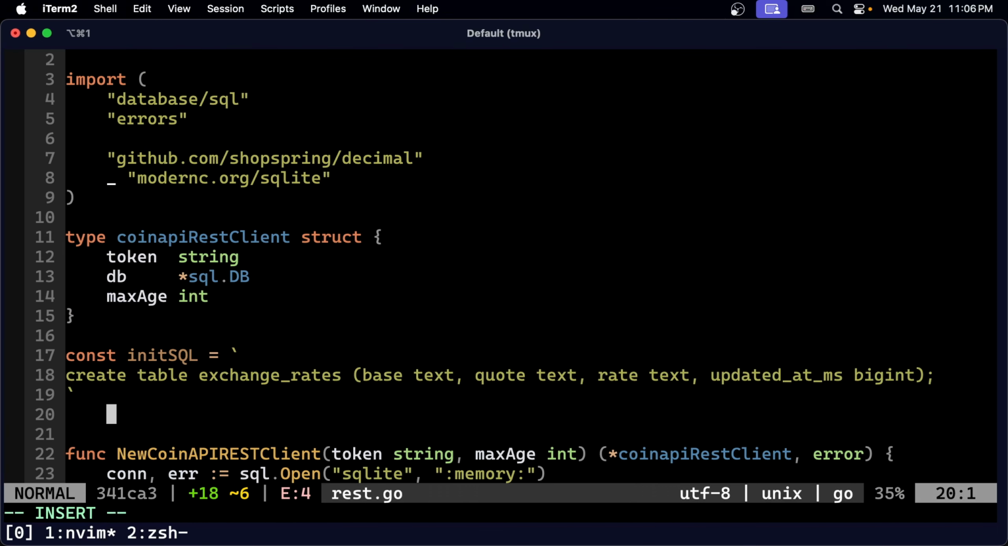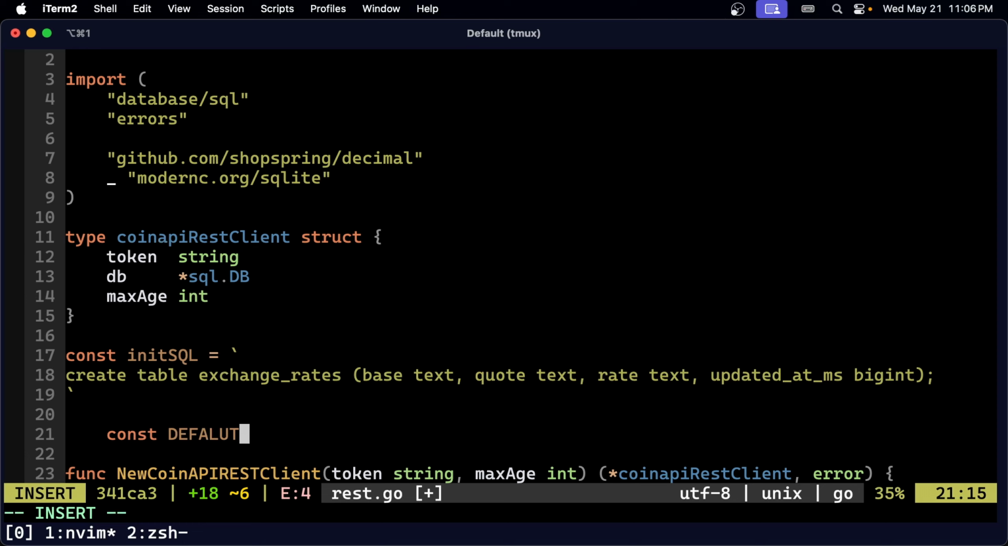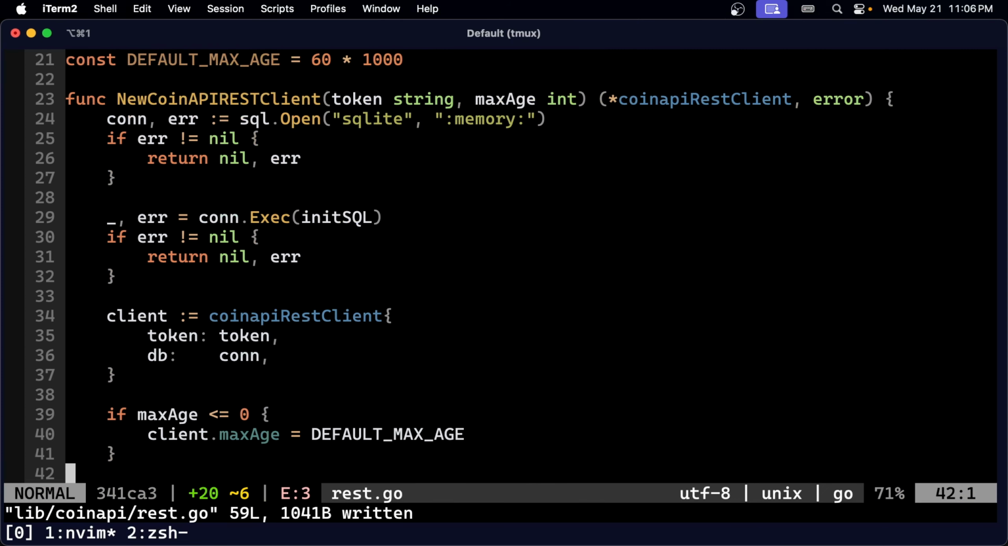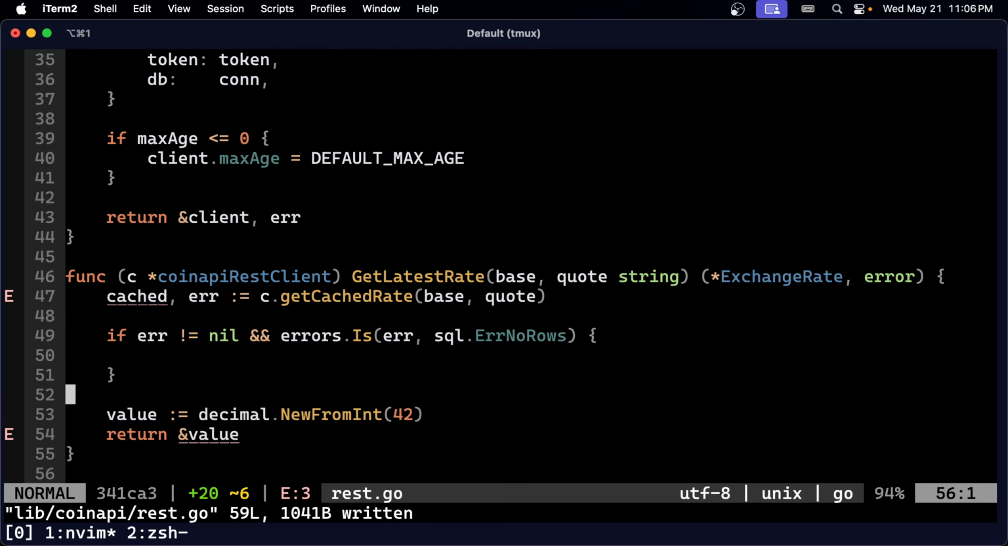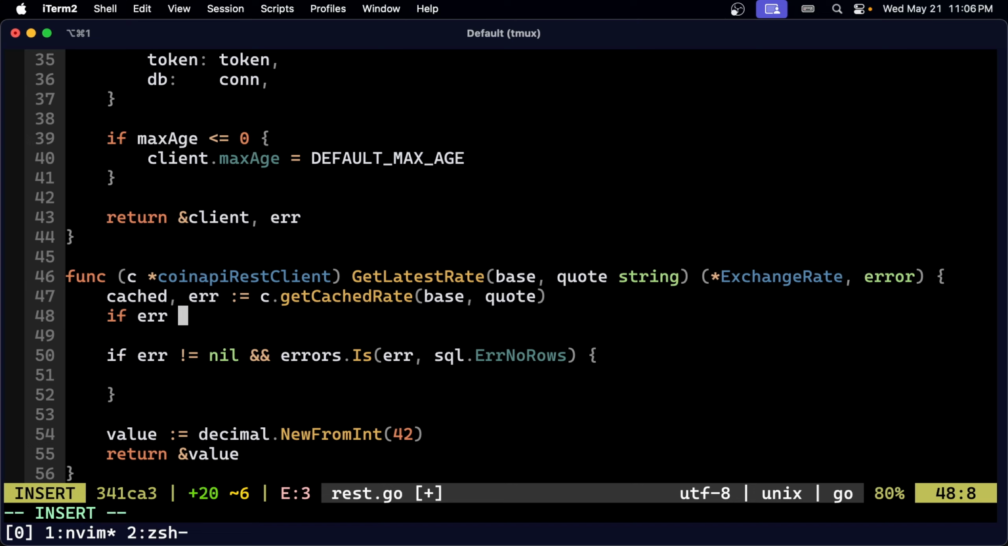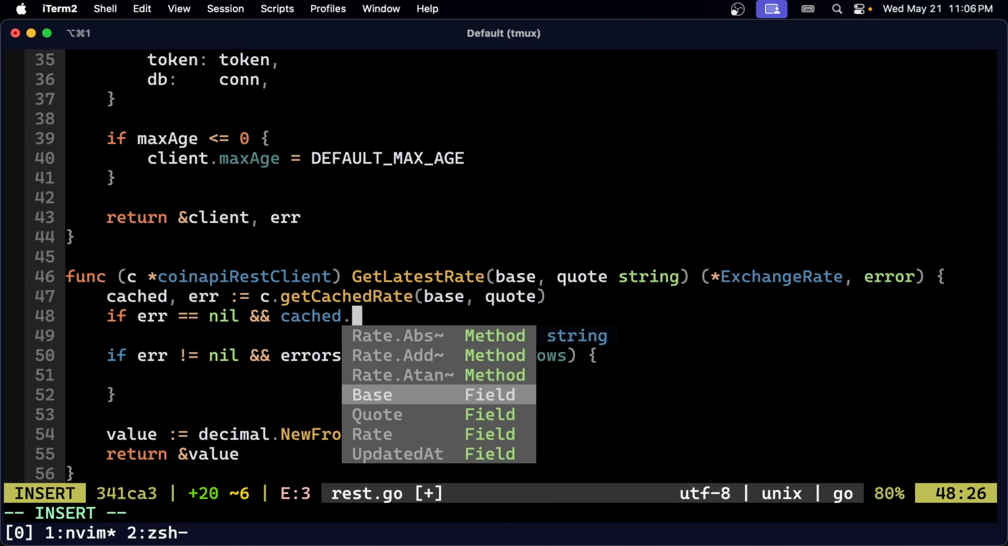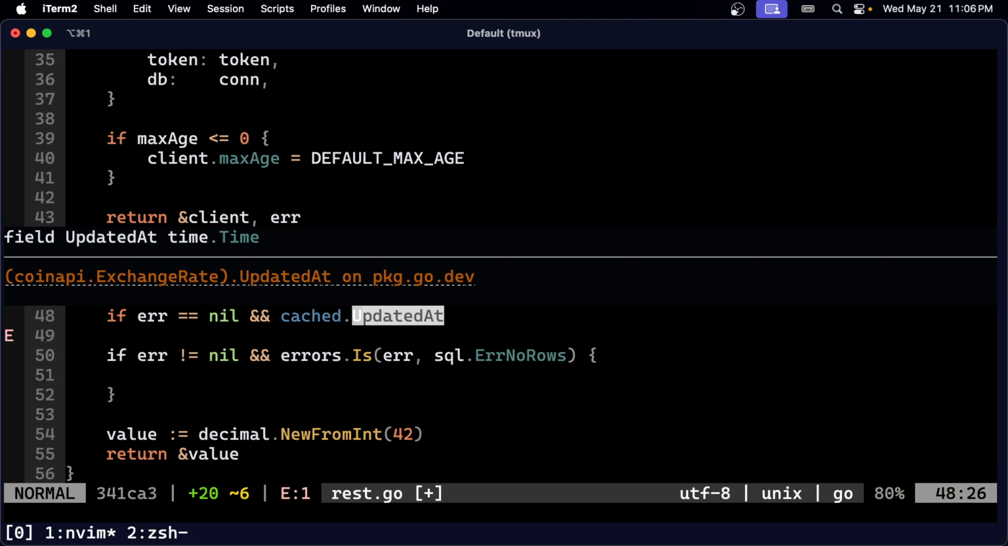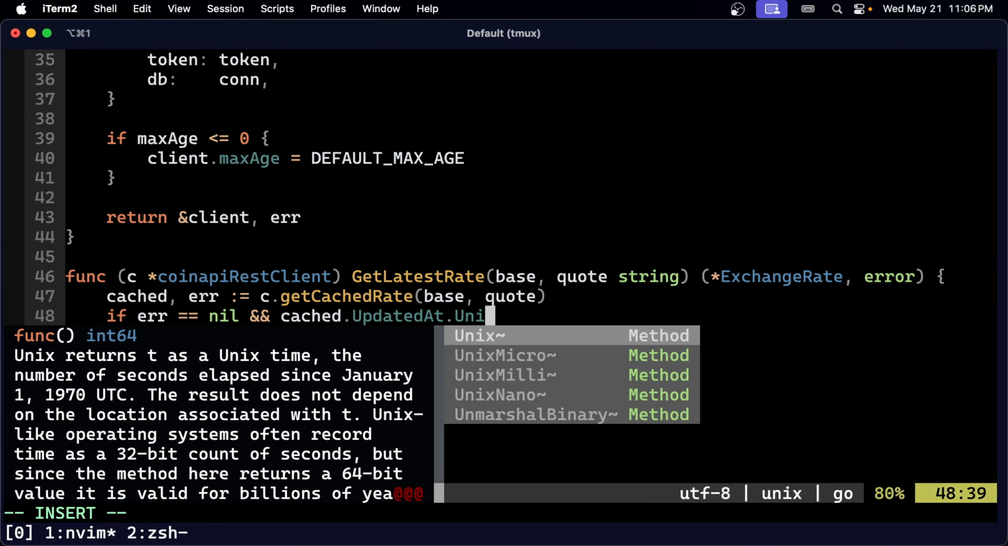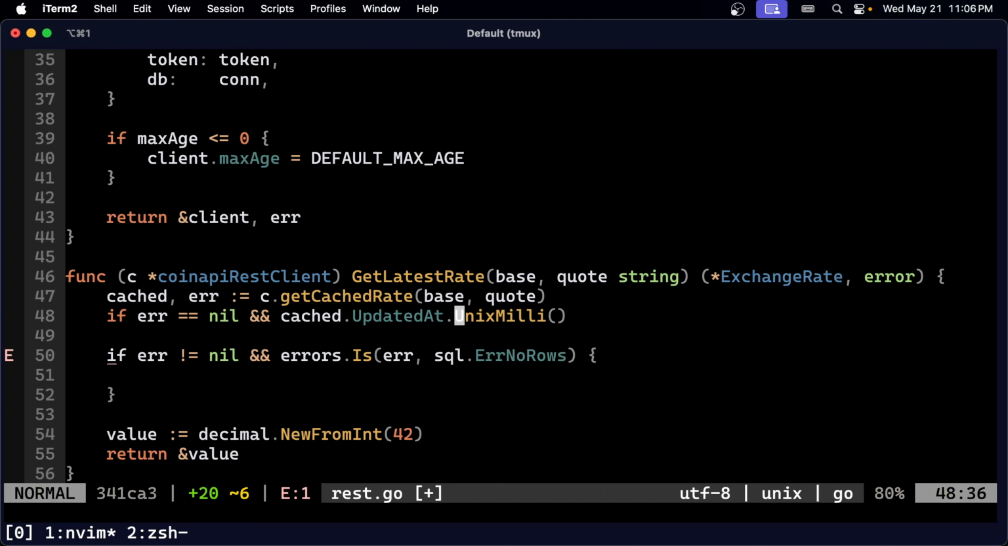Okay, and this const default max age is going to be 60,000 milliseconds, or 1 minute. And okay, so now I'm going to check if error is nil and cached updated at Unix milliseconds is